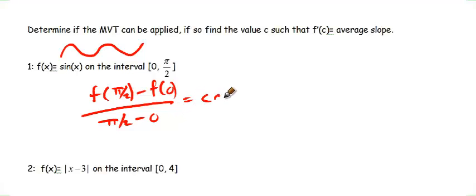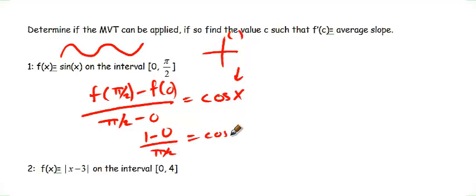So the derivative of sine is cosine. Now technically you should have a c. Most of the time people just keep with x. But we're generally solving for this variable here. Okay, well, f of pi over 2. So sine of pi over 2. Now if you think about it, pi over 2 is over here. Sine is the y value, right? So 0, 1. So we have 1 minus, and then over here it would be 0, over pi over 2